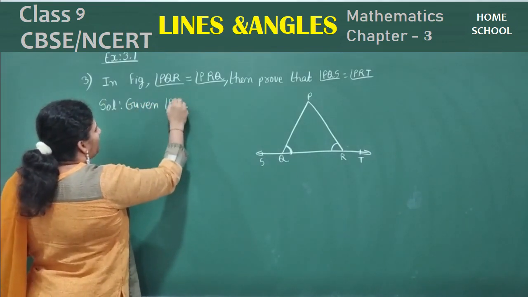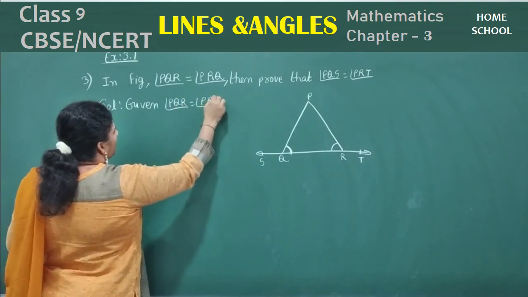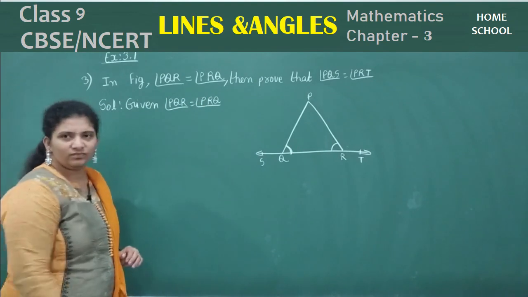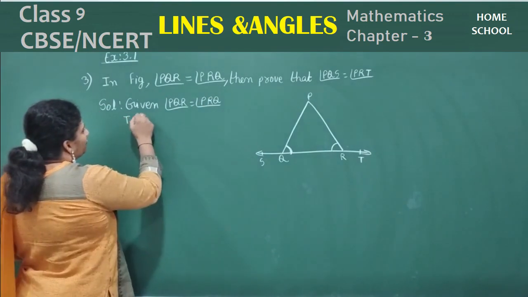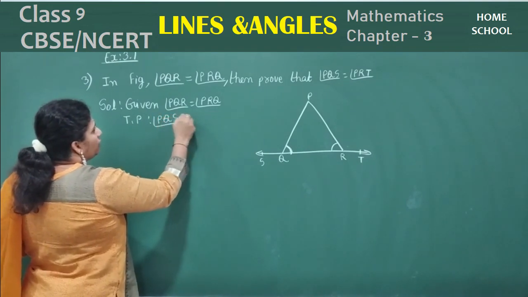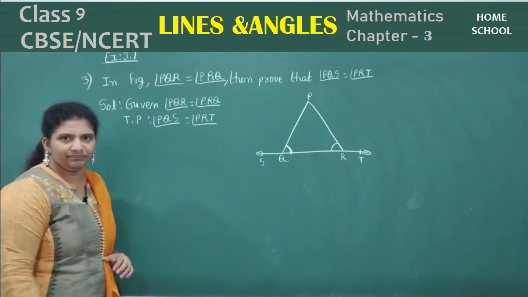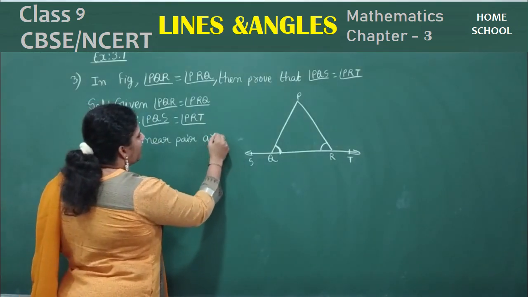Given angle PQR is equal to angle PRQ. Okay? To prove, what we need to prove? Angle PQS is equal to angle PRT. By linear pair axiom,